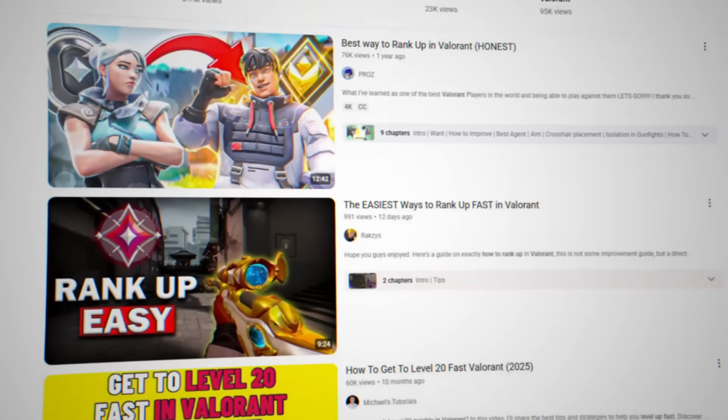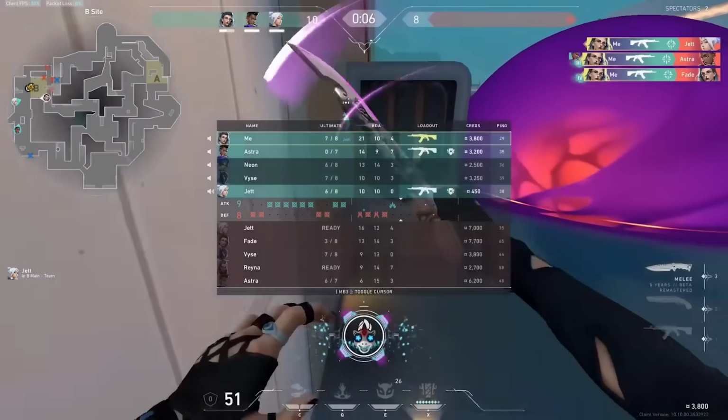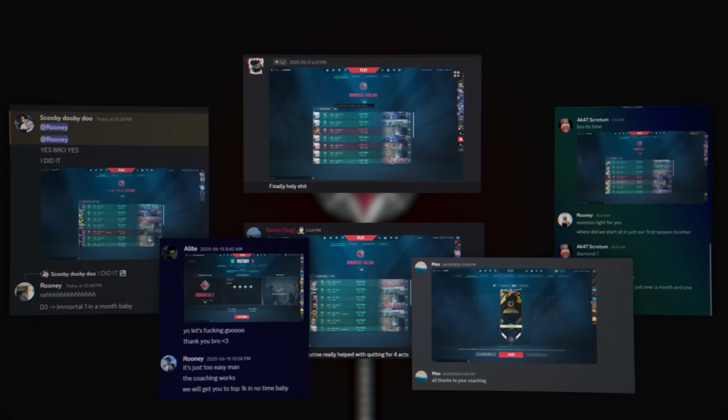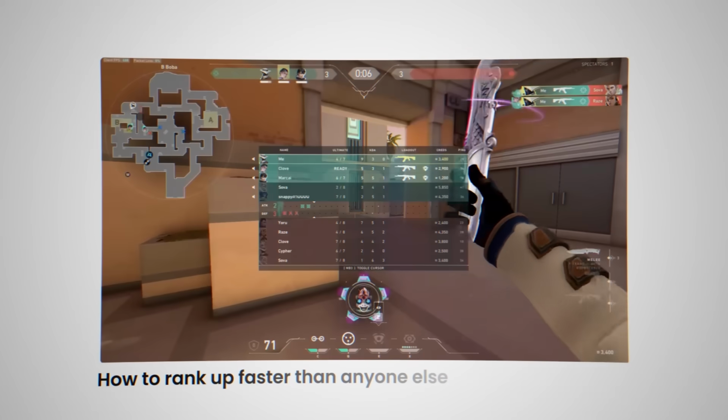For the past 5 years, I have been obsessed with learning the secrets to ranking up so fast it scares people. And these methods that I'm about to teach you have not only helped my little brother reach Immortal at just 11 years old, but also the hundreds of students that I have coached, which means that they will work for you too. In this video, I'm going to show you how you can rank up faster than anyone else